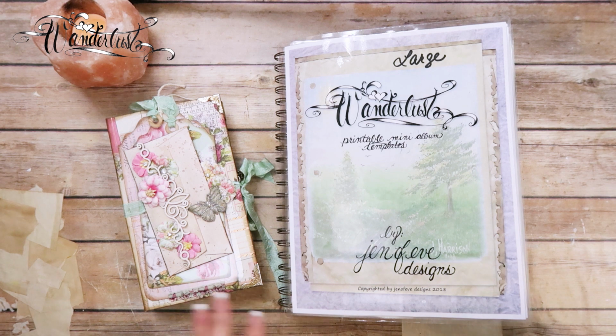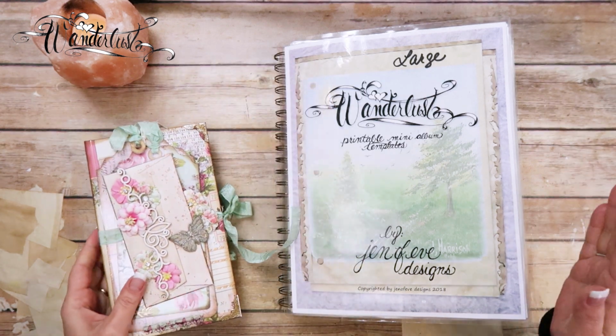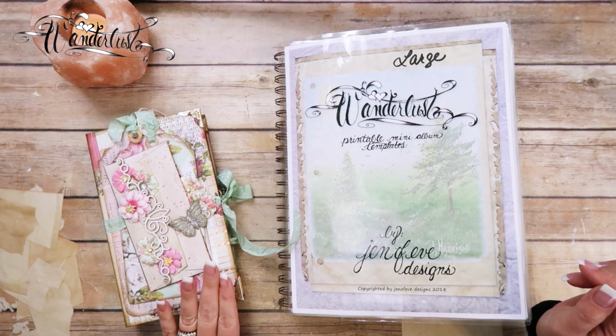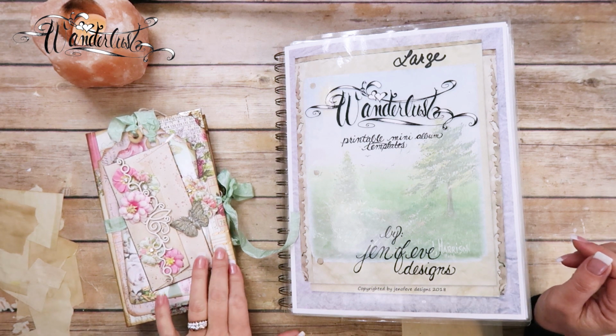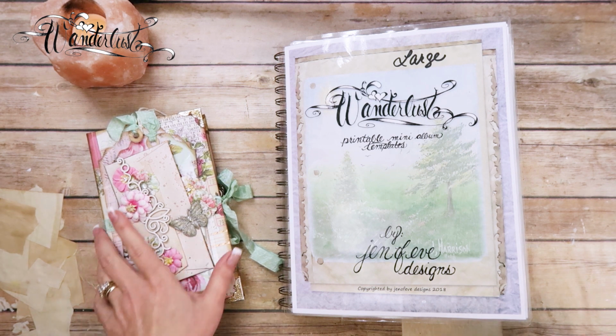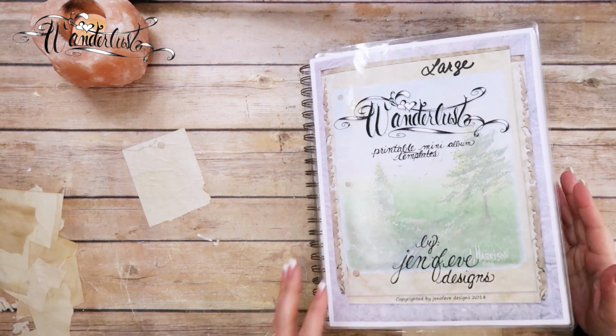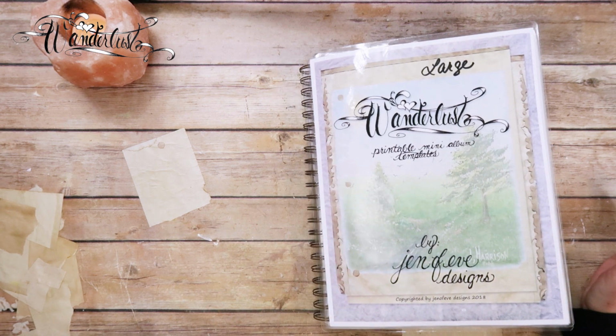So this was the prototype that I made for that class. And we're going to start with the covers. We're going to start by making the covers. So let me show you the things that you're going to need to start with to make the covers. Let's see. First,